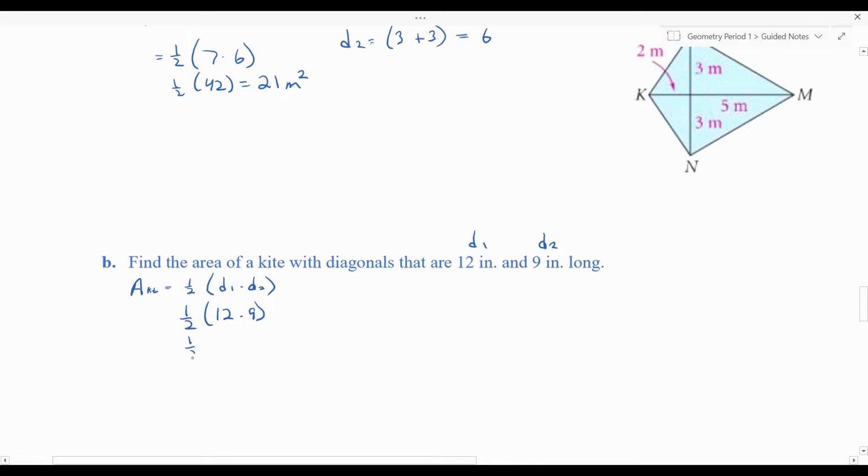So this is going to be 1/2 times 108, and 1/2 of 108 is 54. Our units are in inches, and we're dealing with area, so our units are squared, so it's going to be squared inches. So that's the area of this particular kite that we were told. All right. Moving on